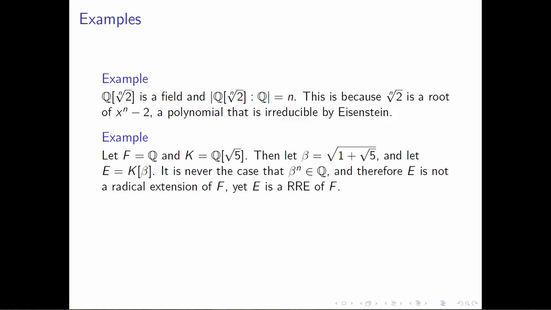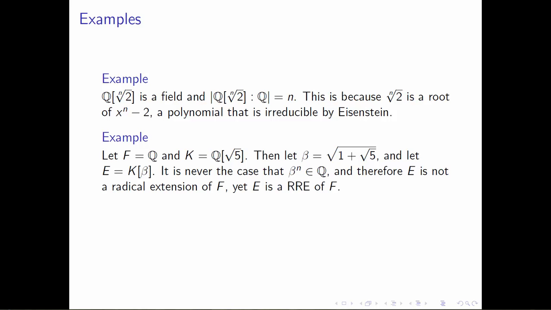The next example I just wanted to bring into play to show you that you can have repeated radical extensions that are not radical extensions. So I just built you a nice little tower of fields. Let's take F to be the rational numbers, and let's take K to be the rationals adjoining the square root of 5. Again, you can prove very quickly that K is a field because the square root of 5 is an algebraic element. If you take beta to be the square root of the quantity 1 plus the square root of 5, then we can take the field K and just adjoin beta onto it,